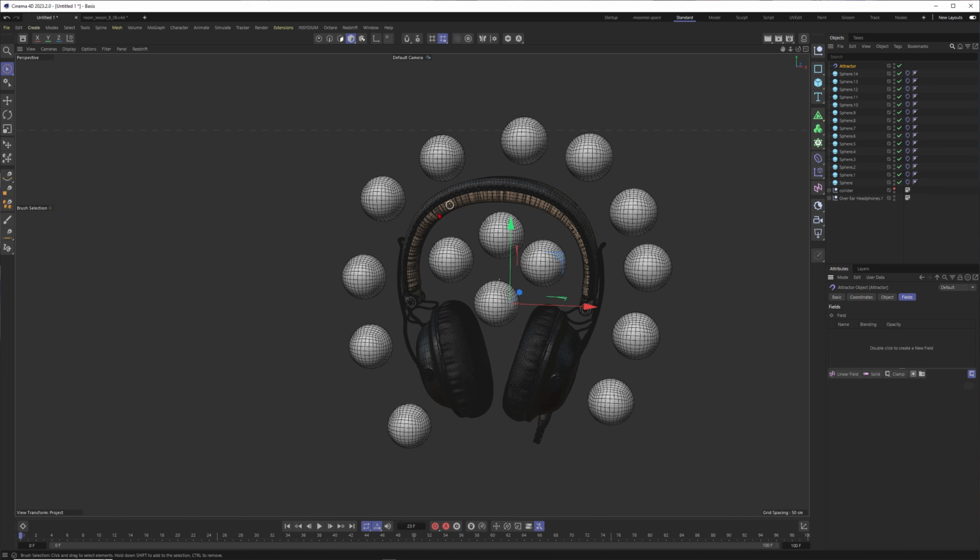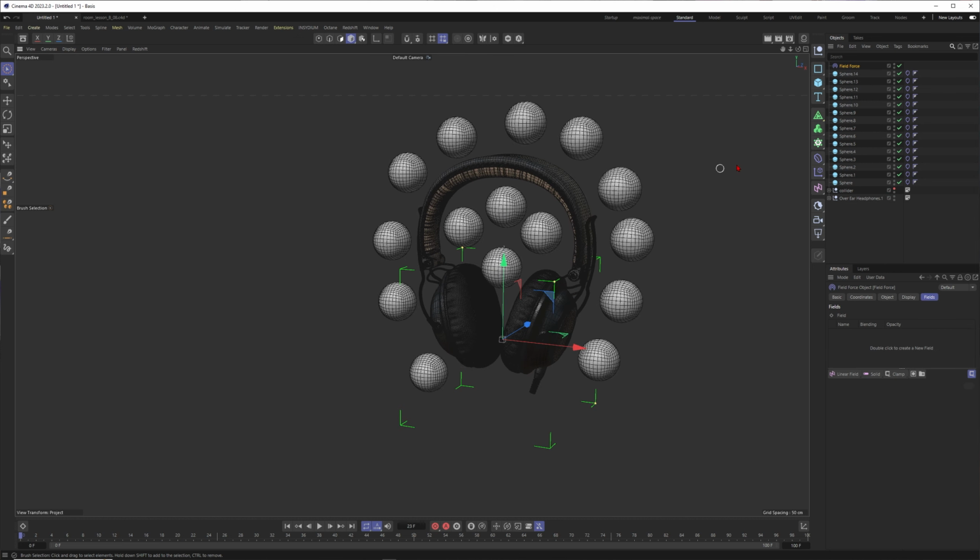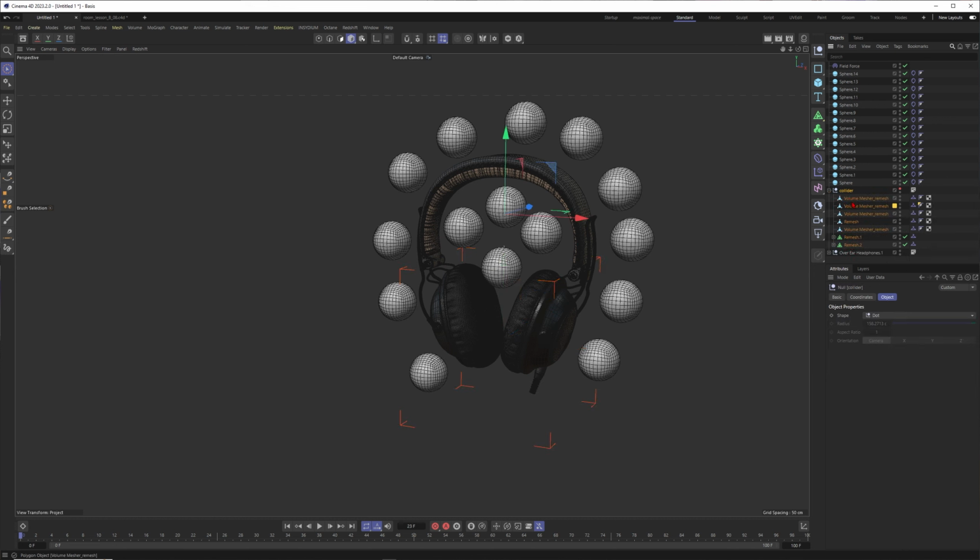But we can also make the headphone by itself our attraction element. You can do that by going to simulation, forces, and over to field force, and then just, hopefully this is working, put the collider into it. Okay, this doesn't work. So probably we need to select all of our collider elements and put that into the